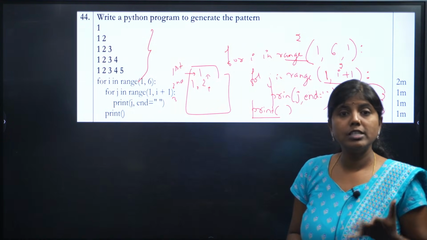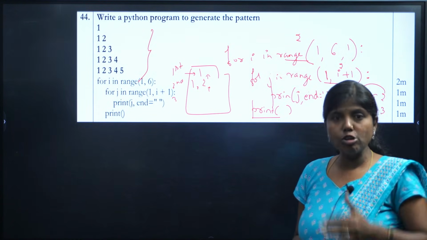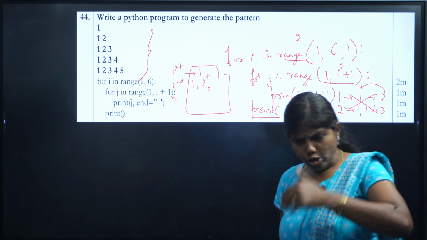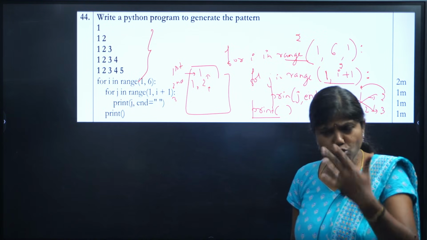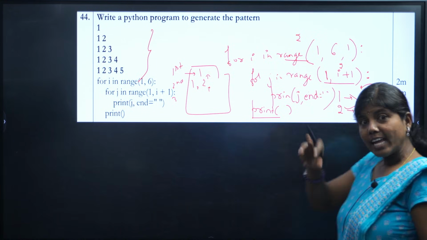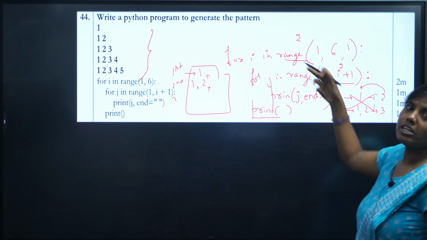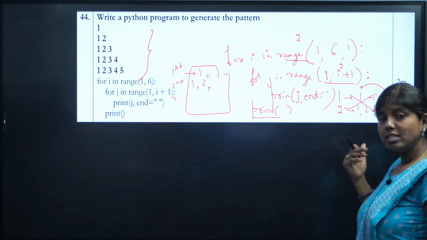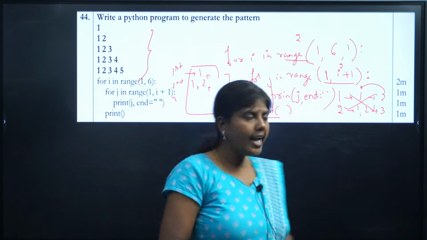Very simple, students. You have to remember here, for a pattern, just see the rows. Is it okay if I take from n to 1, or 1 to n, or 0 to n? There are so many ways for taking 5 iterations. Which one will be best? I can make use of the i value here depending on this. If I use 0, then it is of no use, or otherwise I have to make some changes in the code again. This is easier and more relevant. Is the point clear? So I think we are done with all.